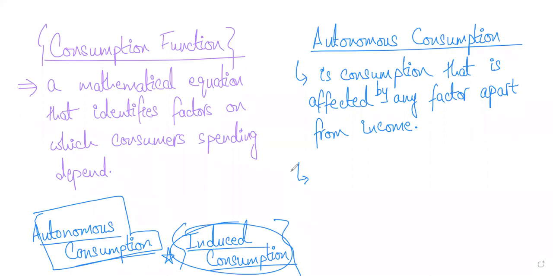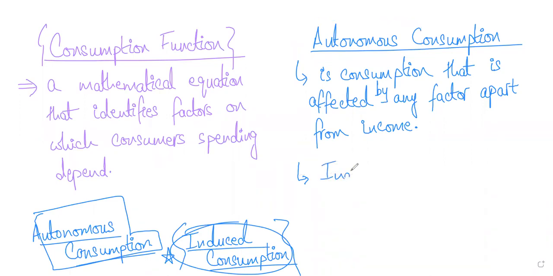But the simple answer to that is it's always about the model. You have to simplify the model because otherwise it will get too complicated. अगर हम सारे factors को count for करें आगे चल के, if you study economics, you will understand that a model has to be simple and so on, right? So जितने भी factors consumption को affect करते हैं apart from income, that would be autonomous consumption. ठीक है जी, अभी हम डिस्कस भी करेंगे, राइट? डोंट वरी. और जितने जो कंजम्पशन को अफेक्ट करती है इनकम, दैट वुड बी इंड्यूस्ड कंजम्पशन.